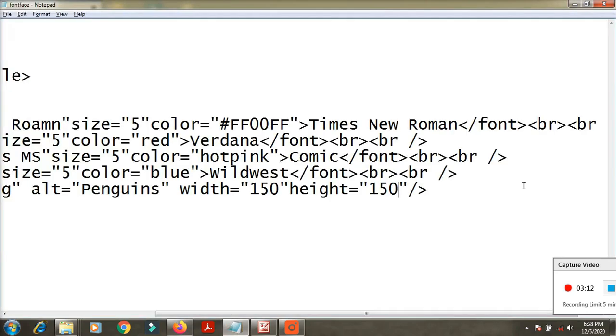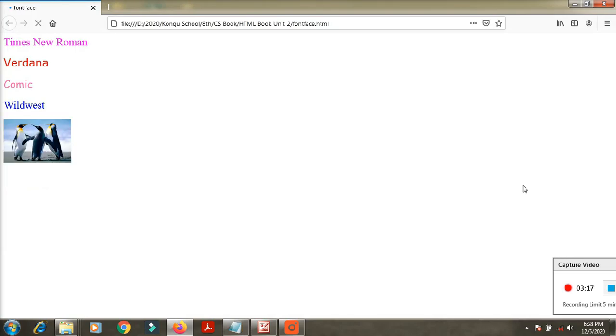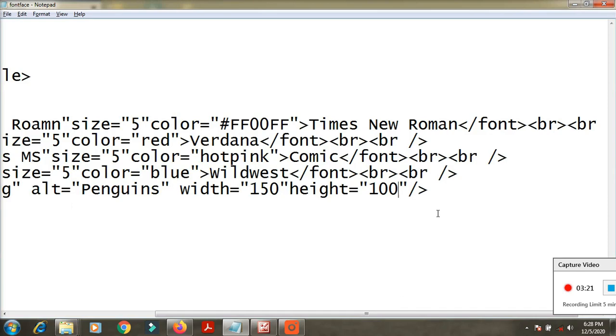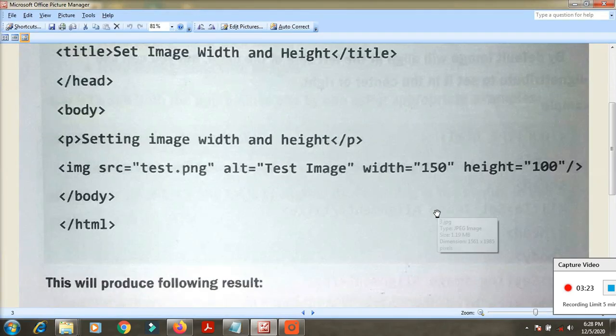So we keep 100, and it's good to see. The original size is coming. So this is the information for arranging, rearranging and editing the images using the width and height tags.